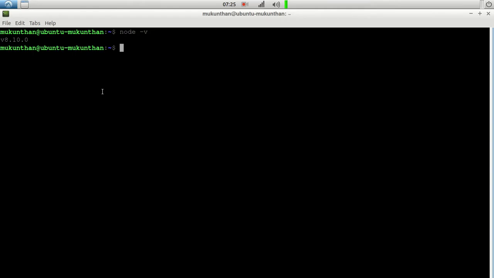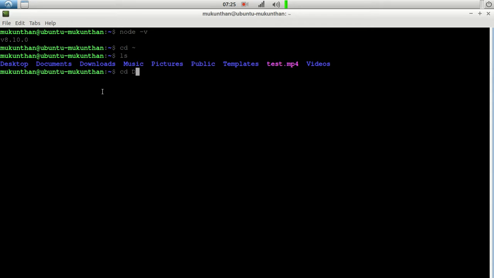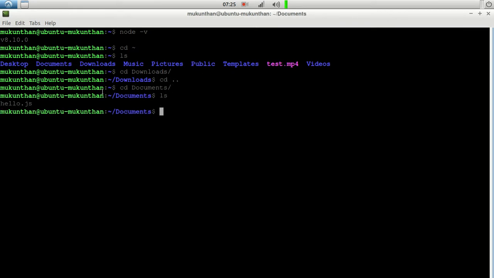So we will go to the terminal and make sure that you are in the same folder level. Now type, sorry, it will be documents. Here you can see hello.js is present. In the same way, node, instead of -v, we will just give the file name. So this hello.js will be given as input to Node.js, which is the runtime environment. So simply it will run hello.js. Here you can see the output, hello world.